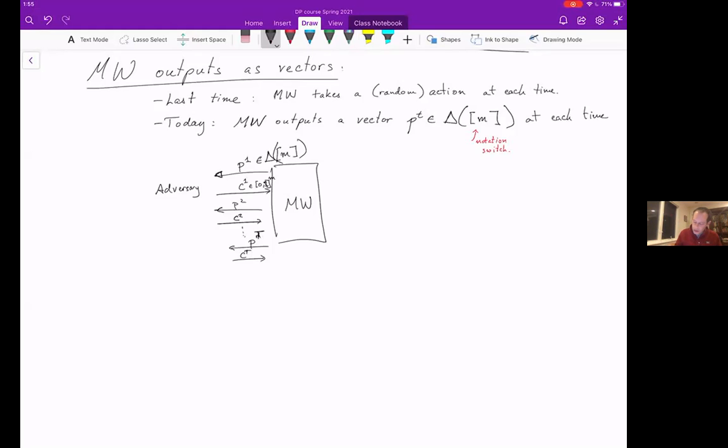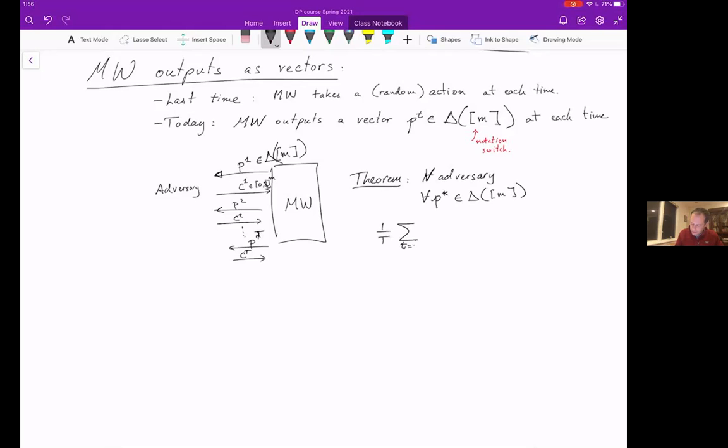Okay, and the theorem we get for this view of things is actually quite nice, and it avoids probability entirely. So the theorem is that for all strategies that the adversary chooses, and now we're going to measure regret with respect to the best probability distribution in hindsight over actions we could have chosen. So for all probability distributions over the M base actions, we get that